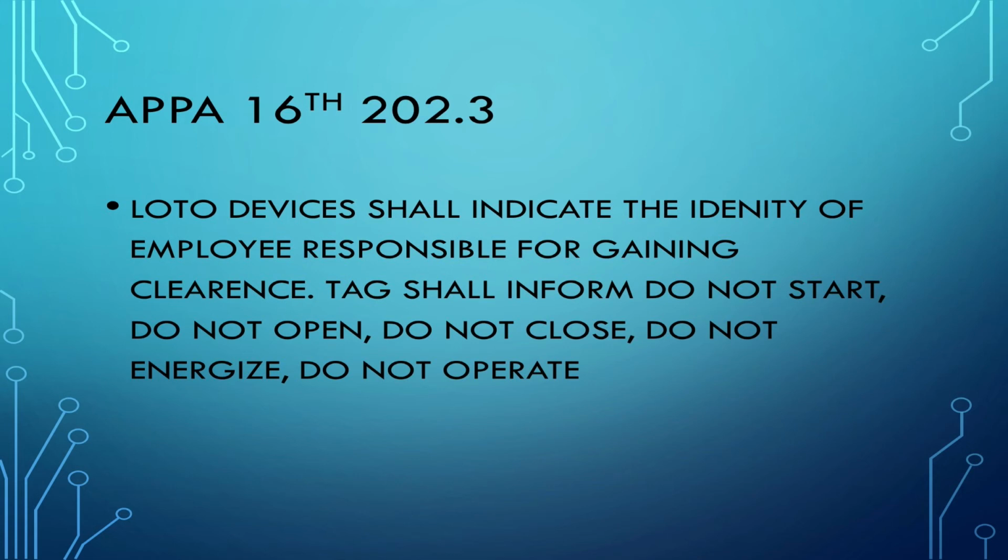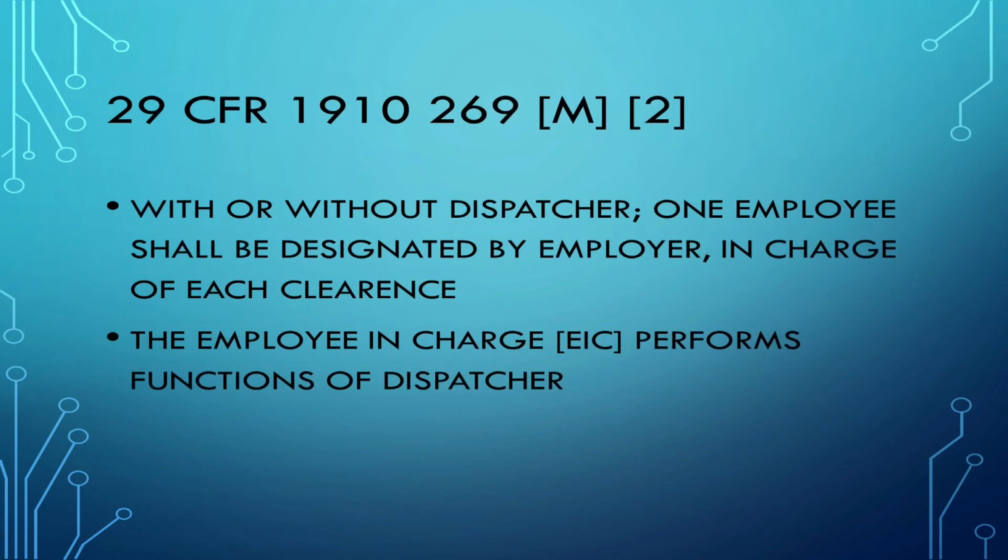Lockout tagout devices shall identify the employee responsible for gaining the clearance. Tags shall inform: do not start, do not open, do not close, do not energize, or do not operate. With or without dispatch, one employee shall be designated by the employer in charge of each clearance. If you do not have access or do not have dispatch, you go by a controlling device that's open, or you need to open it, or you're working behind it and need a switch or a hotline tag or whatever,